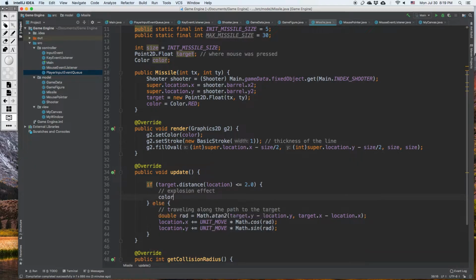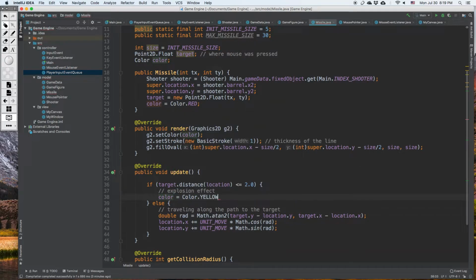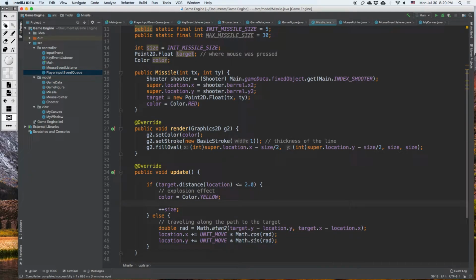First, let's change the color to yellow. It begins with red. Let's change it to yellow, and then let's increment the size. Based on the size we draw, the size will grow, but we don't want to have it grow indefinitely. So if